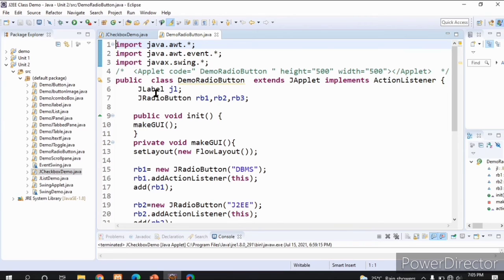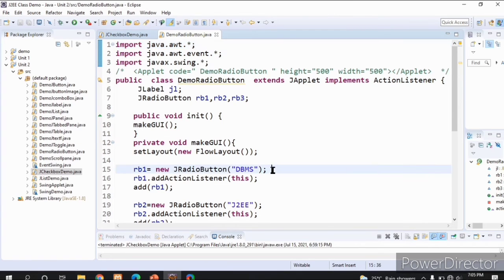Initially I am initializing a JLabel JL and JRadioButtons. Three JRadioButtons I am taking. I am writing the init method, and within that init method I am calling the makeGUI method. Next I am writing the makeGUI method. First we are setting the layout manager to flow layout manager.